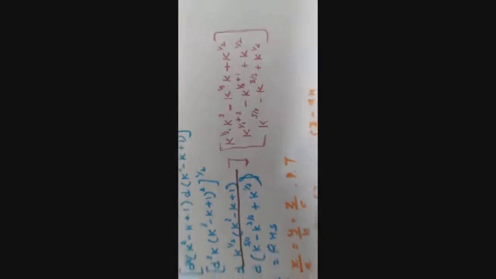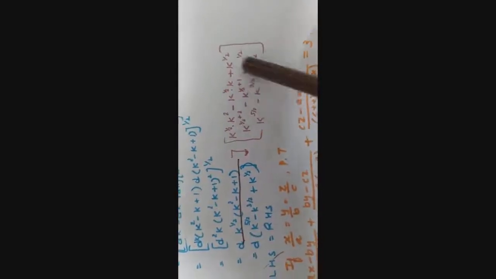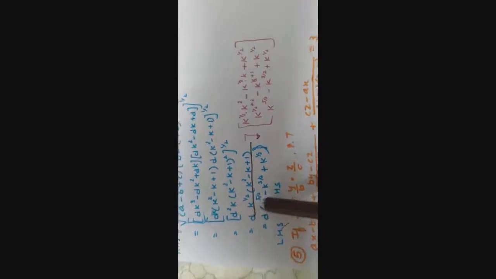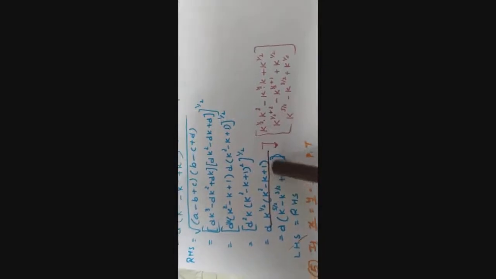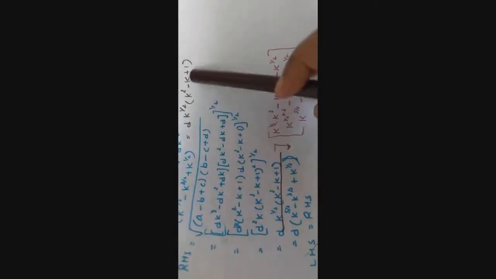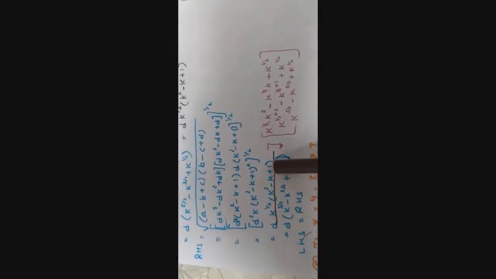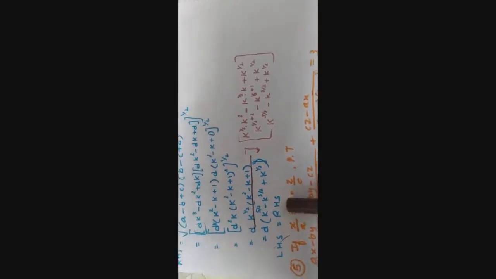You have to stop and write LHS is equal to RHS. Don't write all this, because I wrote first it as k 1 by 2 and then wrote this, but it's not necessary. Only you show the result here and up to here, then your LHS is proved as RHS.